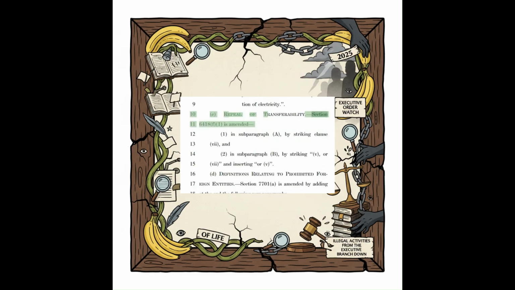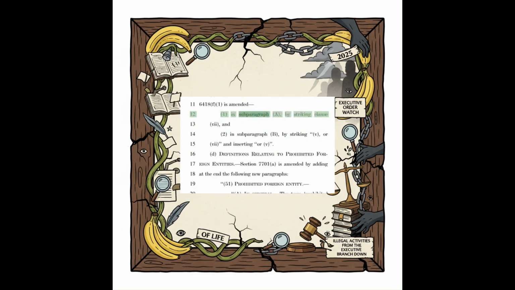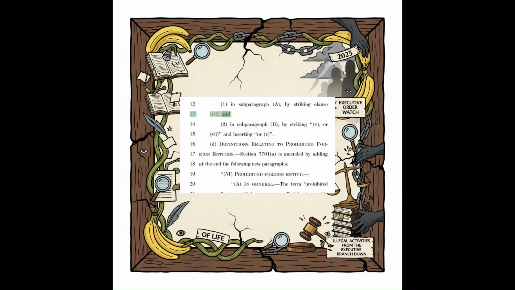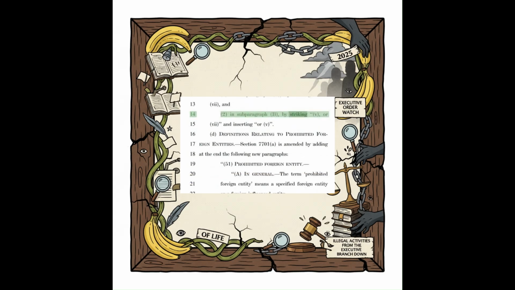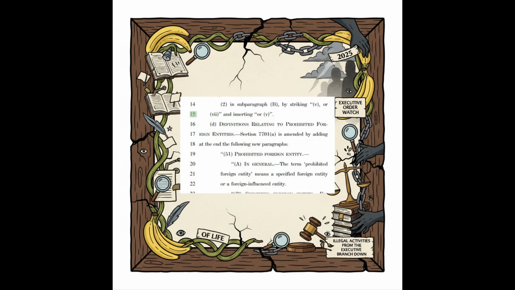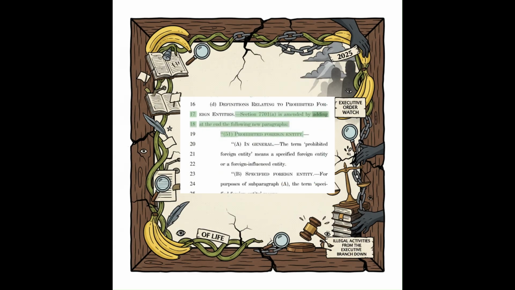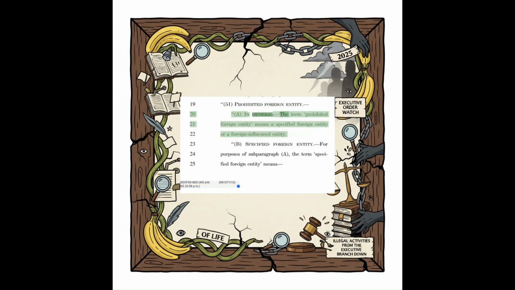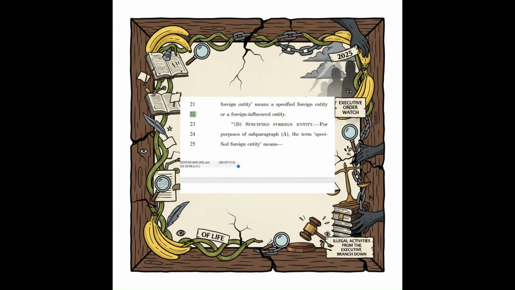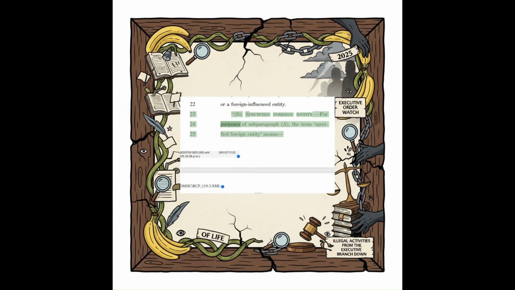Repeal of section 1064 is amended in subparagraph by striking "and", and in subparagraph by striking "or" and inserting "or". Section 7701 is amended by adding at the end the following new paragraphs. Prohibited foreign entity. In general. The term prohibited foreign entity means a specified foreign entity or a foreign influenced entity. Specified foreign entity. For purposes of subparagraph, the term specified foreign entity means